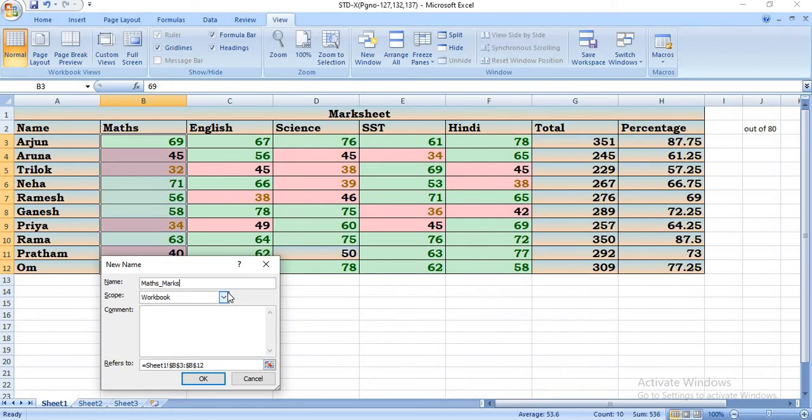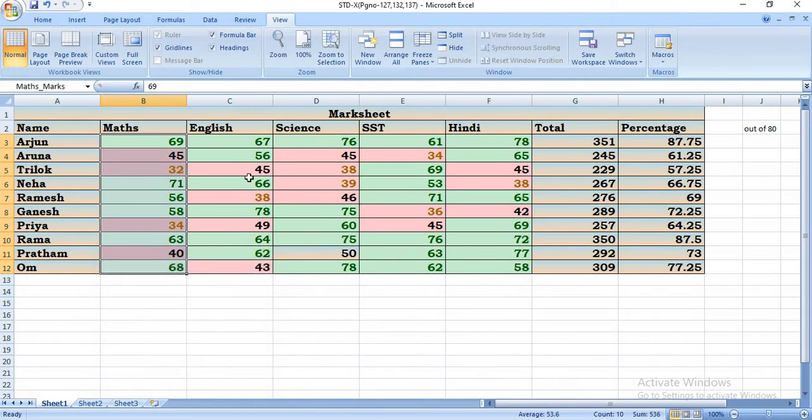Then your name should start with a letter, and you can't give default names like AB2 or CD4, or names that already exist in the Excel sheet. So I am giving Maths_marks. Click on OK. Next, select this. You can also give the name directly in the name box, as English marks.